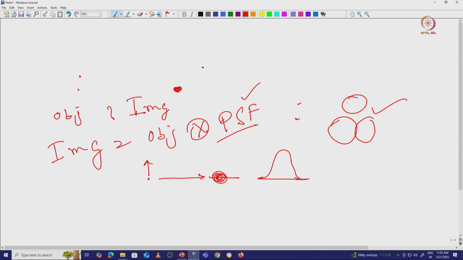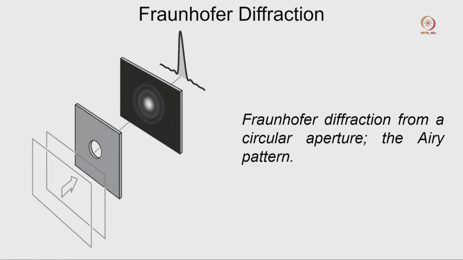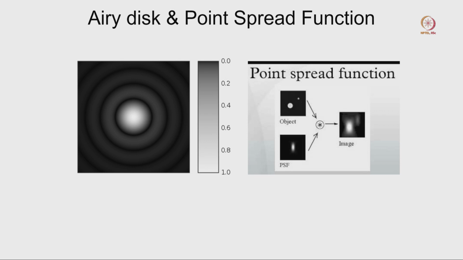So if we go back to our PPT, in this particular case this is the Fraunhofer diffraction pattern, where light rays go through a pinhole or aperture and form this kind of blurred image. If we project it in a two dimensional way, we can project it like this. If we go to the next slide, here this is called the point spread function.